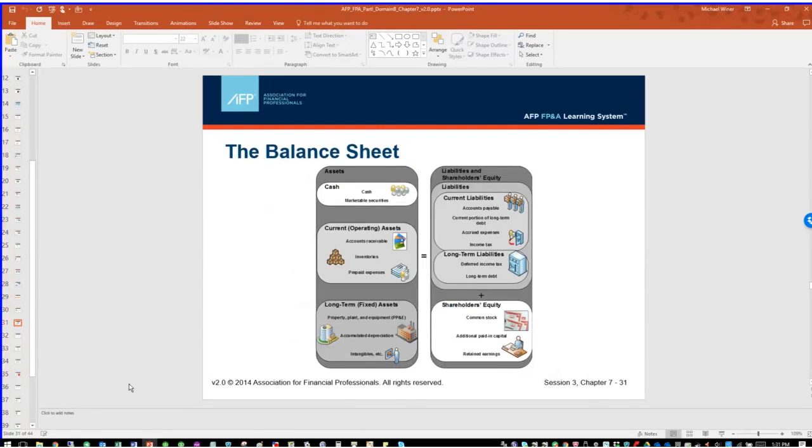Okay, let's go to the balance sheet. All right, so a balance sheet is a snapshot. It is a report of where an organization stood financially at a point in time. Compare that to an income statement. An income statement is more like a report of a flow or a period of time. So over the year, we generated this much revenue, this much expense, and this much net income. You have to know what period of time you're looking at in order to understand the income statement.